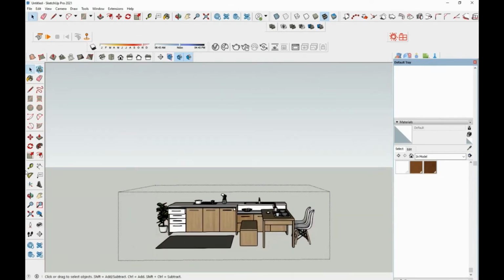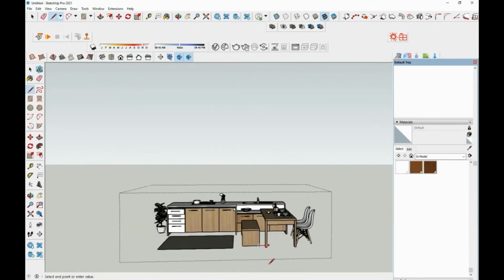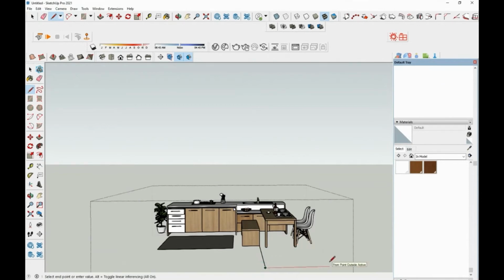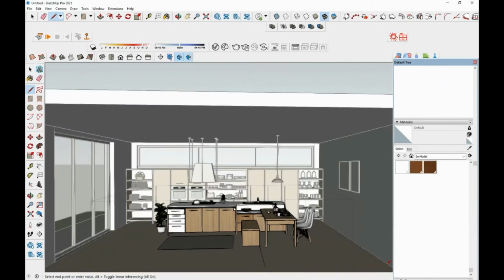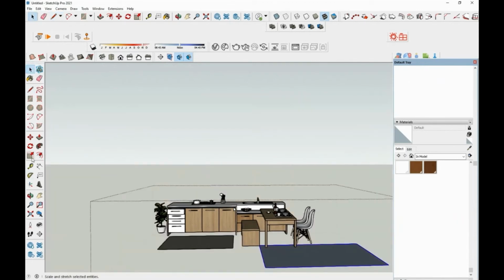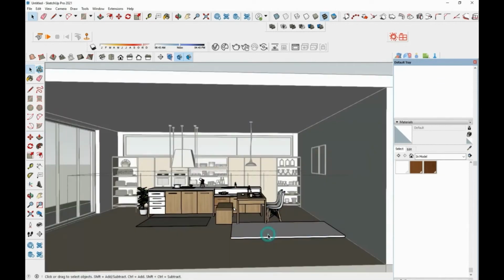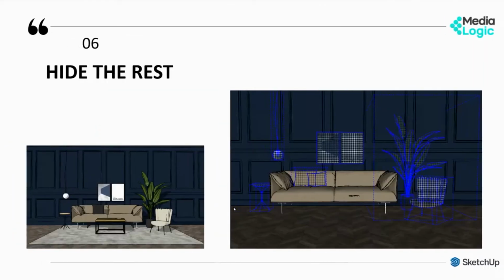And suppose I want to draw something within this, and here I felt like inferencing it with the hidden object. So to inference it with the hidden object, I'm unhiding it by pressing the same U key. So it's unhidden. And once it's done, again, you can hide it with the U key. So you can toggle the visibility of the rest of the model with the U key. That will be very useful in case of large models.